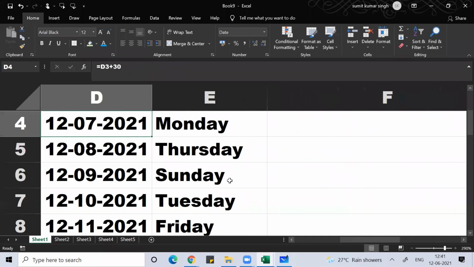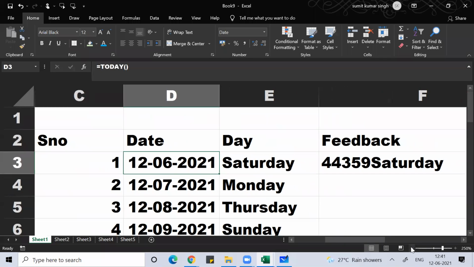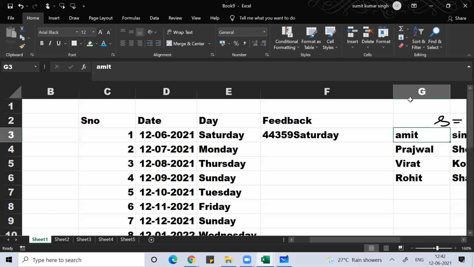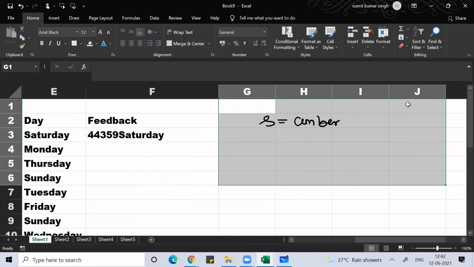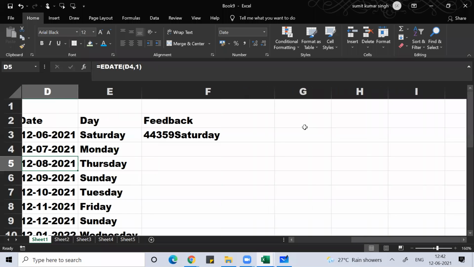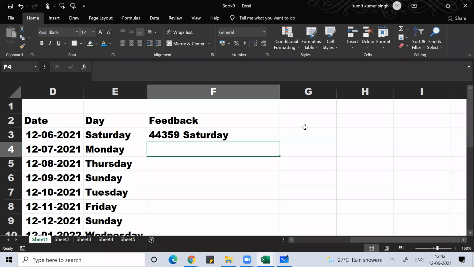Now coming back to this, I want to merge this cell. Let me zoom in. There's no point of this cell, so let me just delete it. Now what I can do is select this date, Shift 7, double quote, space, double quote, Shift 7, this date. But then you can see this number is coming. It is coming as a number.